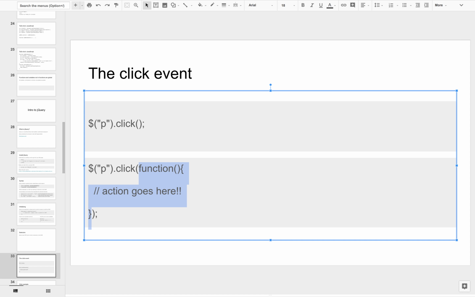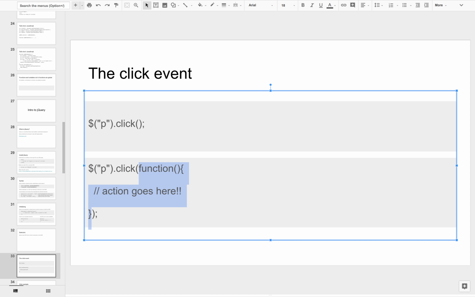All right, so let's do that. We already have a paragraph, and let's apply a jQuery selector to the same paragraph. If it's clicked, I want to call the function pClicked. And I can declare my function down here.